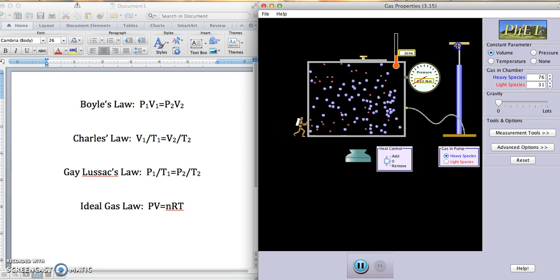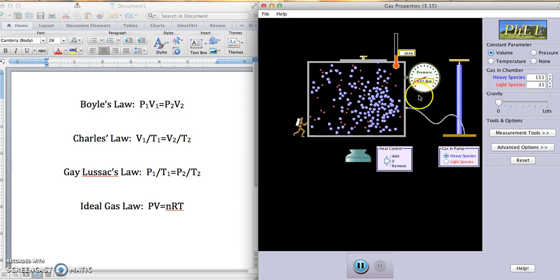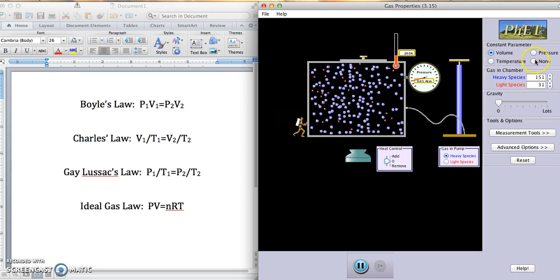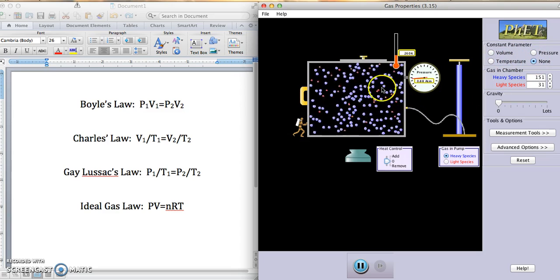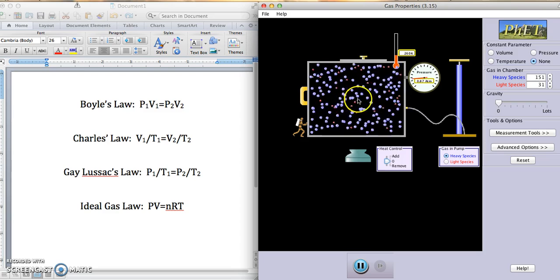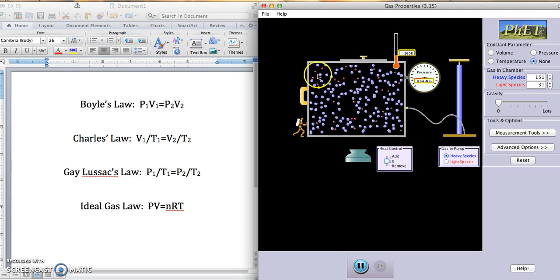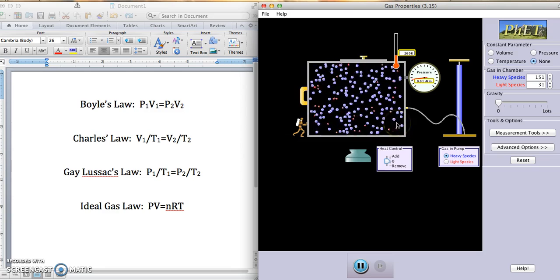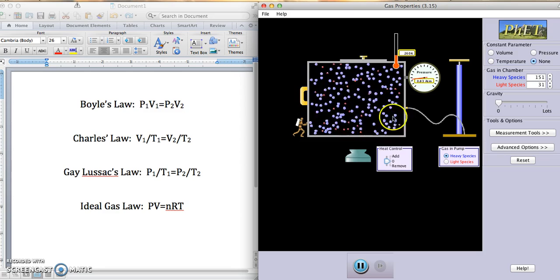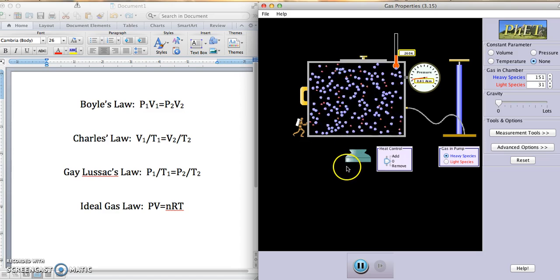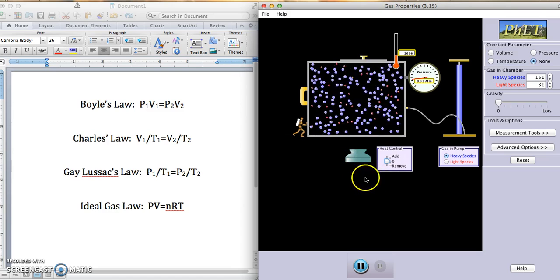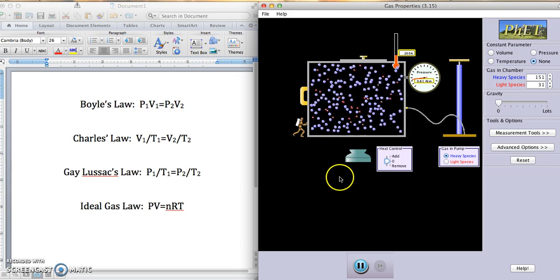Now this one varies depending on the moles of gas in there, as you can see. When I add some more molecules to the system, you can see it changes the pressure, and it would change the volume. The volume could increase if this box would allow it to. If I put enough gas molecules in it, like if it was a balloon, you would see an increase in the volume. And that's about it for gas properties.